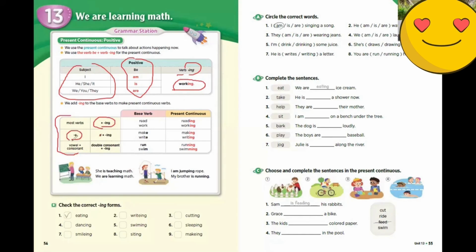I said that if a word ends with E, you take away the E, you put your ing. For example, make became making, write becomes writing. And then the words that end with a vowel and a consonant. If the word ends with a vowel, for example, run,